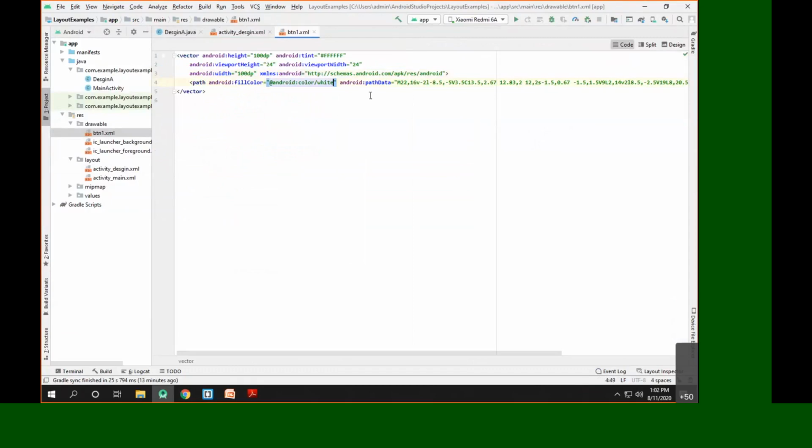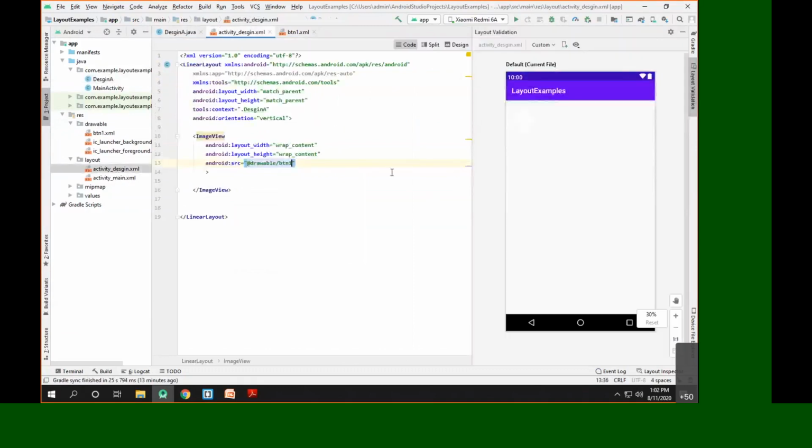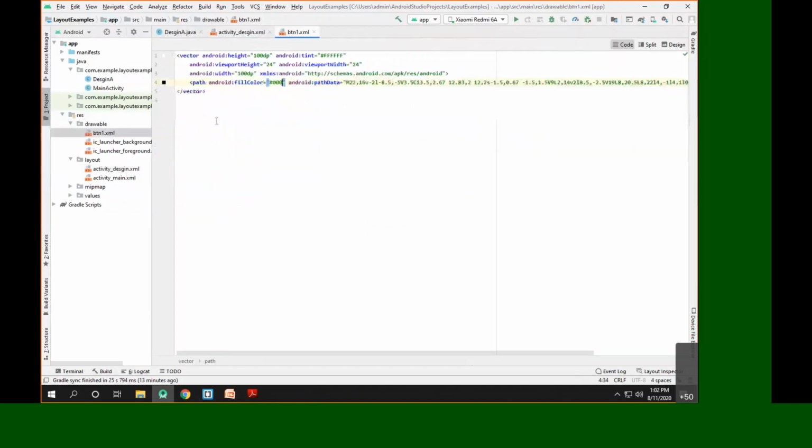Now we'll choose the color of this image as background, as black. Of course you can download any image from the internet and you can set it here. Just for a demonstration purpose, I'm going to set this particular image color as black. So it should be set here.